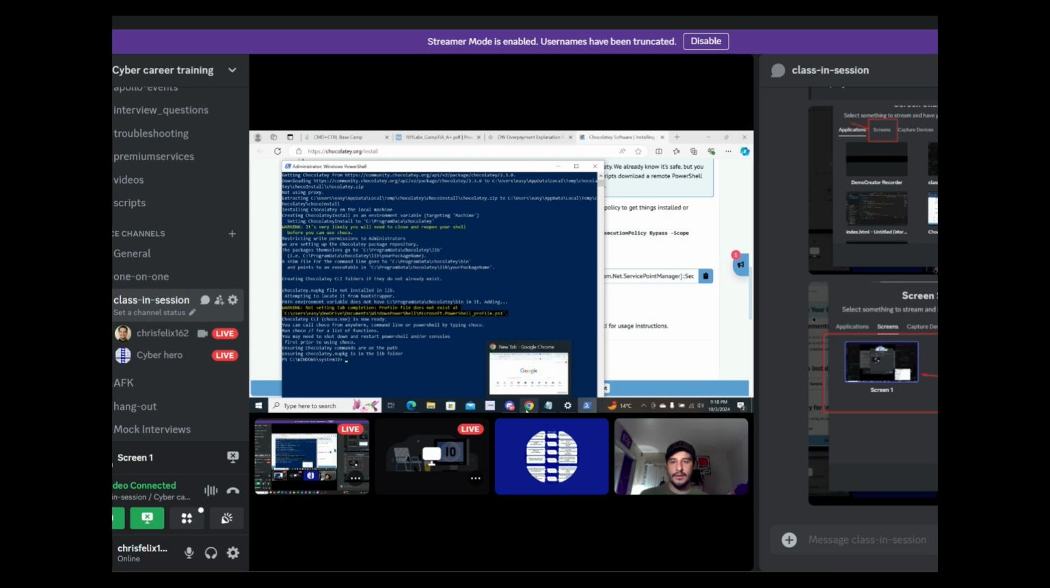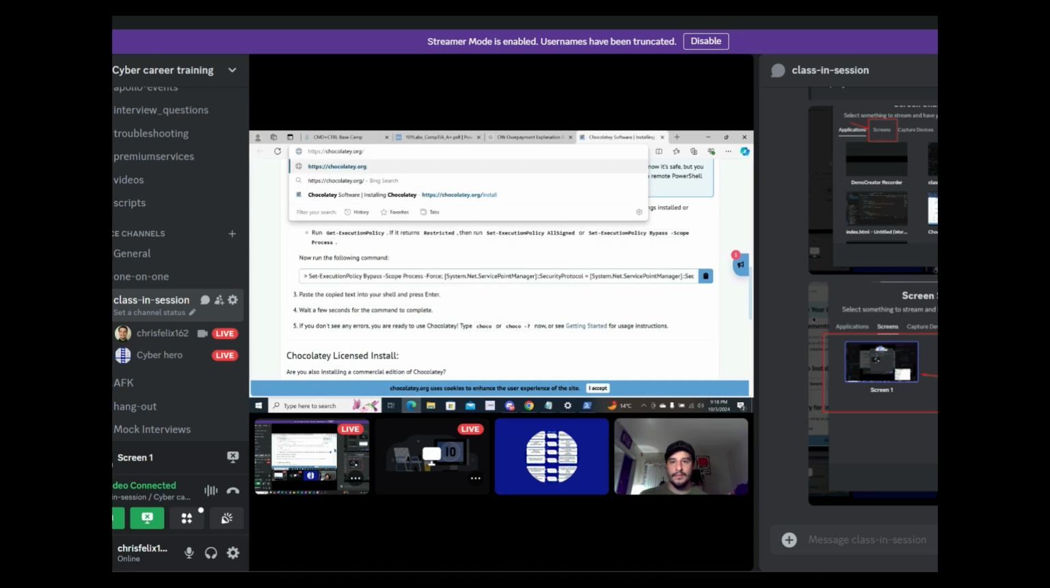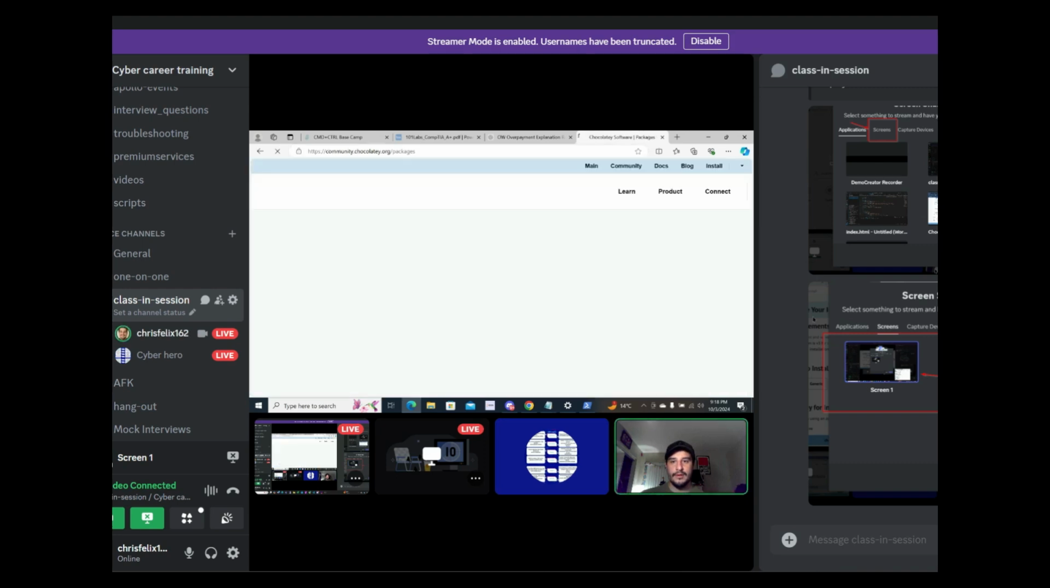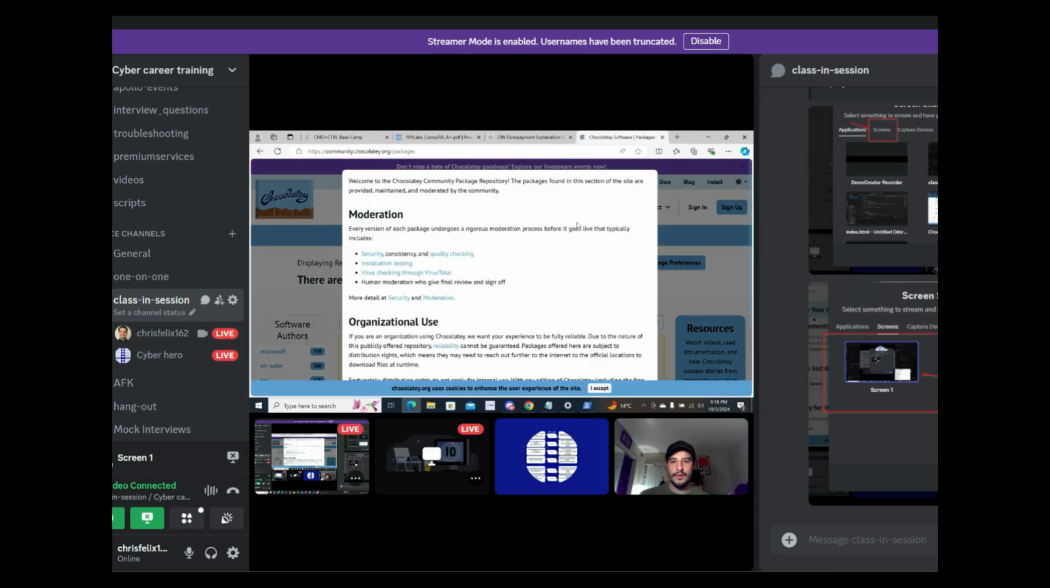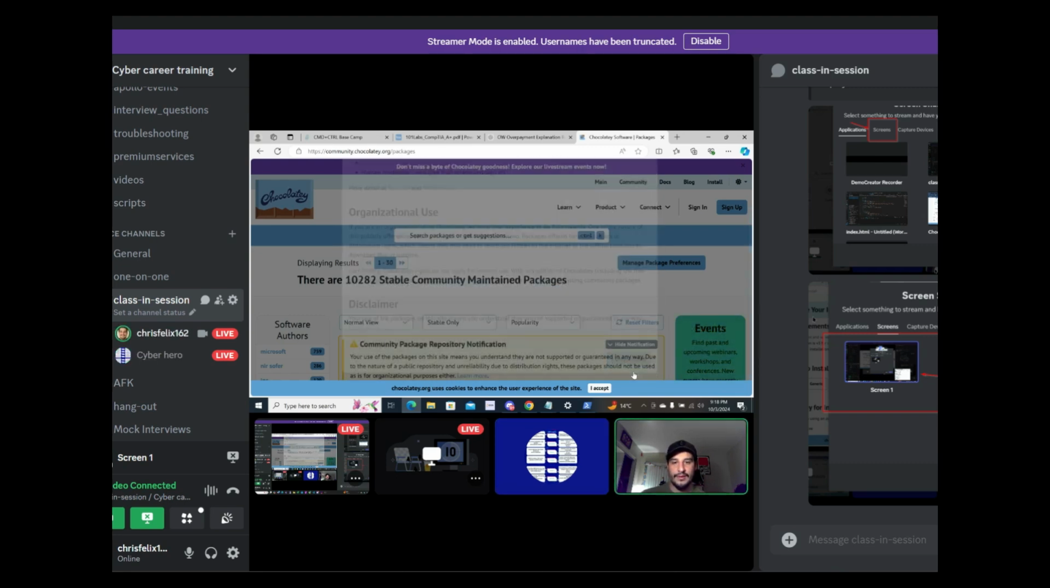So now we're going to go to chocolatey.org/packages. The same site, right? Correct. So instead of install, put packages. Press enter. I don't know how to get rid of this, it's just annoying to me. Anyway,